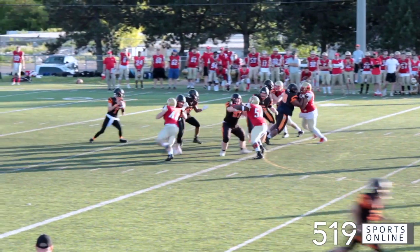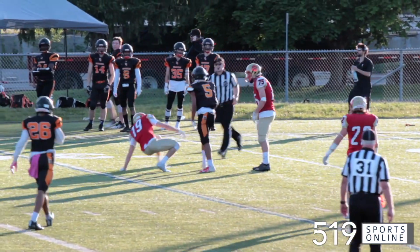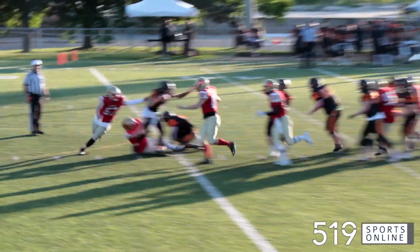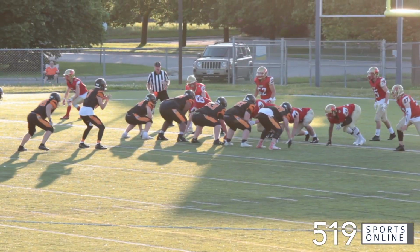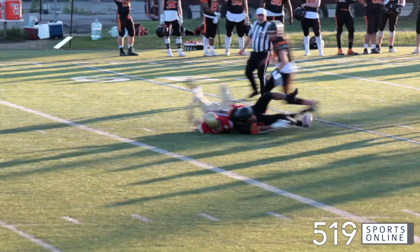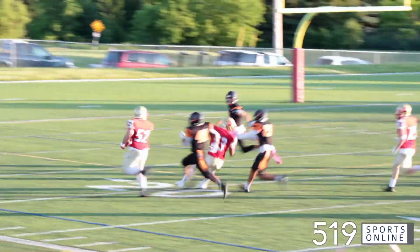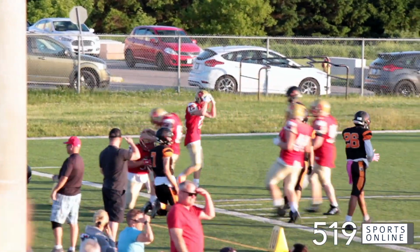Second quarter, a nice passing play by the Sooners. It's a deep ball for Kasim Ferdinand. He makes the catch. Ottawa, though, would miss a field goal, so they continue to lead 2-0. Next Sooners possession, Braden Lefkis with a clear path to the quarterback, and it's an 11-yard loss. Lefkis with the sack. Still in the second, it's a bad snap. The ball is loose. Both teams trying to get their hands on it. It's bouncing around. Braden Berry picks it up, and here goes Berry. He charges down the field and gets the ball inside the 5-yard line. Cambridge would end up with a field goal after the turnover, and they take a 3-2 lead as we move